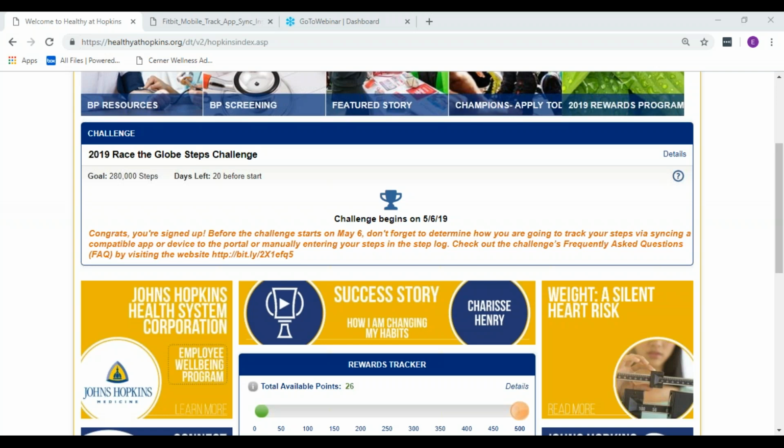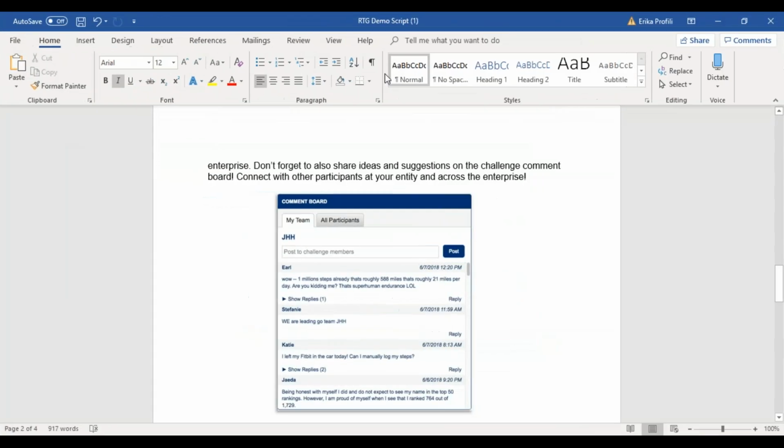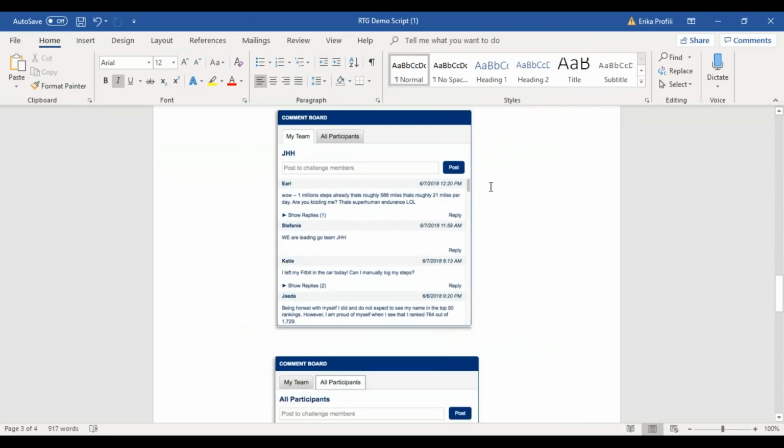You will also be able to see the leaders. So the top 50 steppers across the enterprise will be showing up there as well. And then I'm going to show you all really quick the comment board from this is just an example from last year. So these are different examples that came through last year. It says, wow, 1 million steps already. That's roughly 588 miles. So really fun comments that were written all throughout the challenge last year, both encouraging and